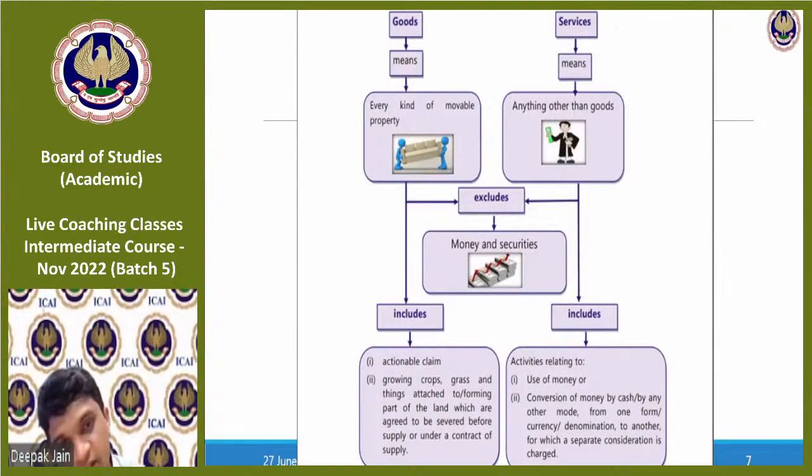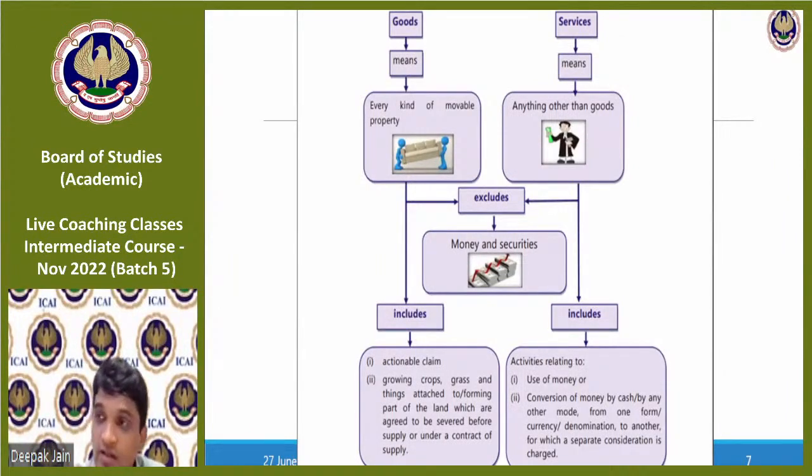Say you take a separate consideration, then that separate consideration is also considered as service. Foreign currency translation: if I give some dollars, I get something in INR, for which the exchange person charges me some consideration. That consideration is treated as a service on which GST is leviable. So anything for which you convert it and some additional consideration you levy, that is treated as services.